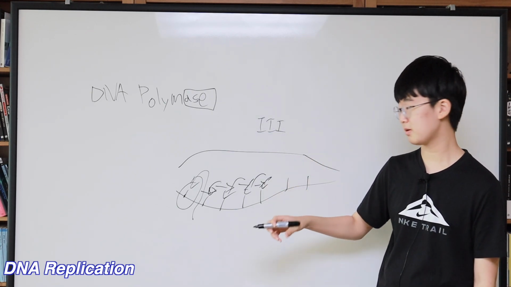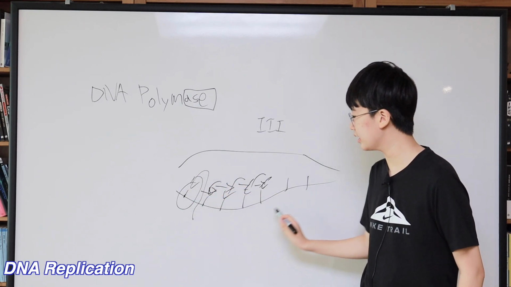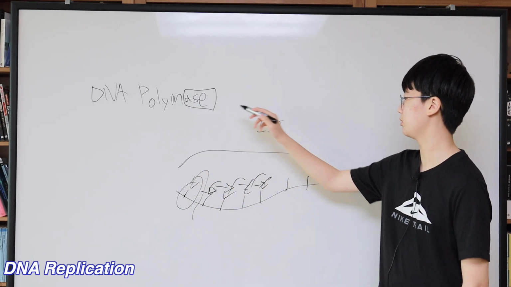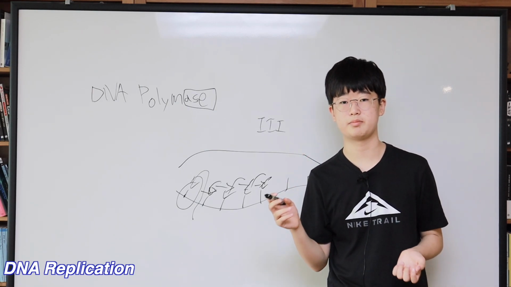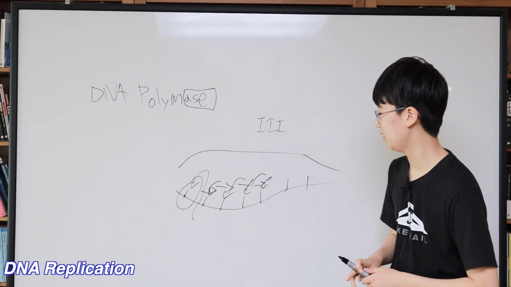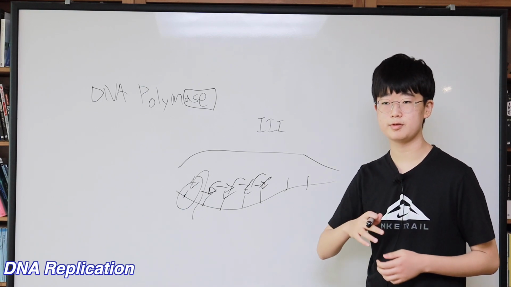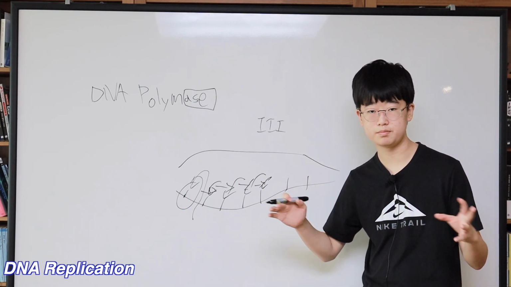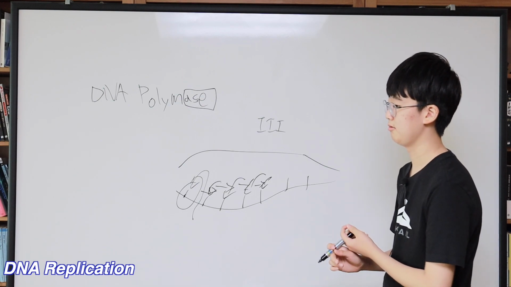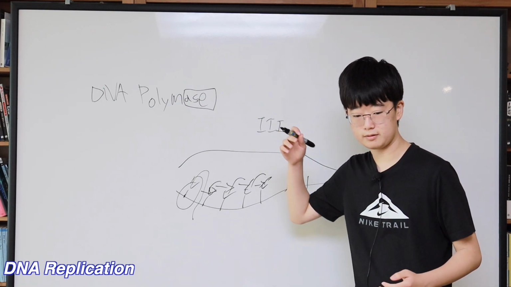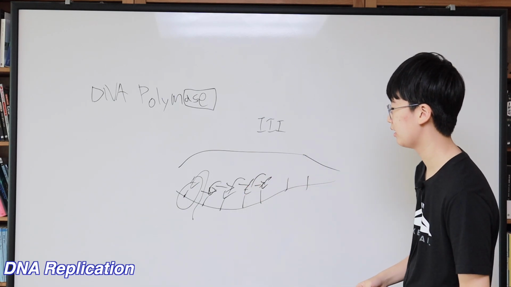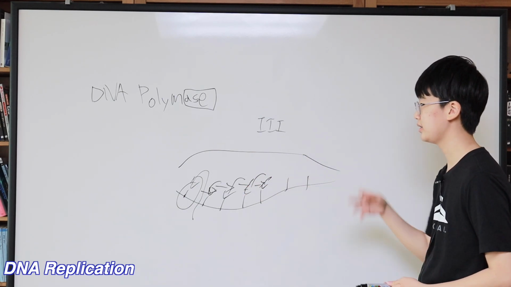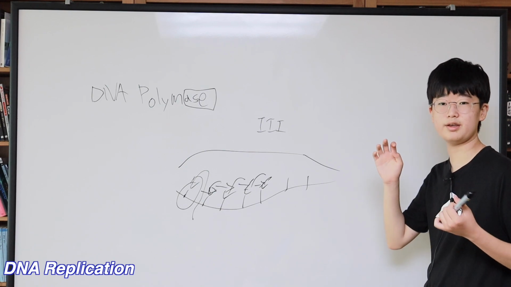The DNA polymerases that do this are DNA polymerase 3, DNA polymerase epsilon, and DNA polymerase delta, while DNA polymerase alpha does something a bit different. I'm going to explain that a bit more later too. So yeah, DNA polymerases are the most